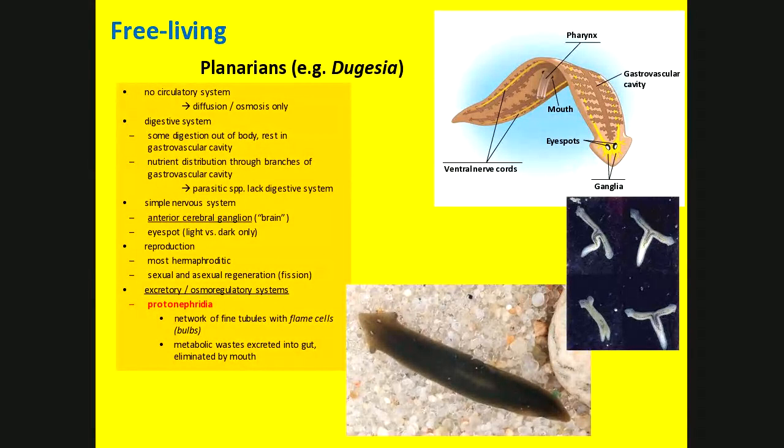Parasitic species don't have a digestive system, right? Especially those endoparasitic species that live in the digestive system of a host, you don't need a digestive system. It's already been digested. All you need is a system by which to absorb that food. And like I said, we'll get to that when we start looking at some of those parasitic ones. But if you think about it from an evolutionary point of view, that makes sense if you're a parasite. Evolution would be more beneficial if you don't have to devote any resources at all to a digestive system.